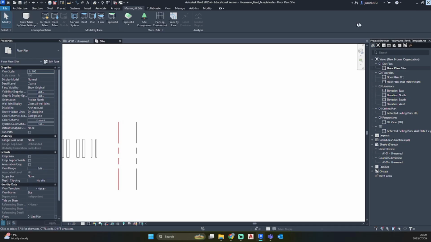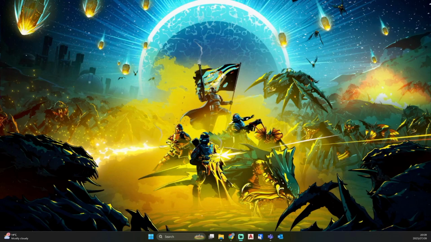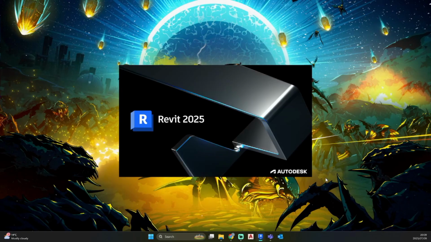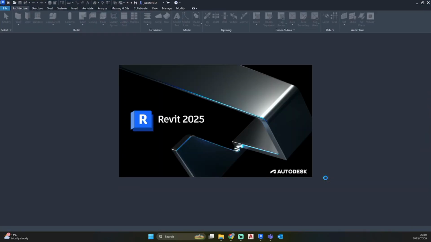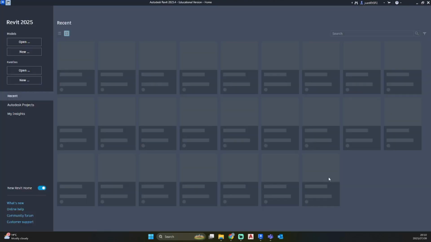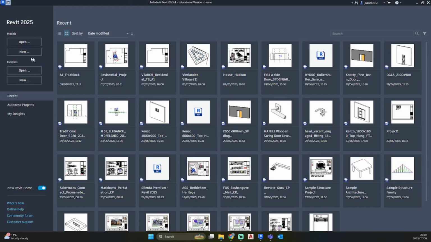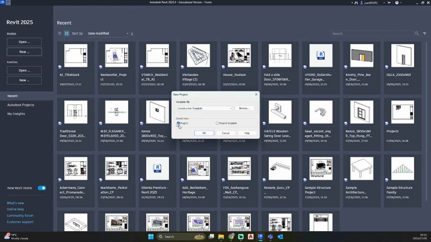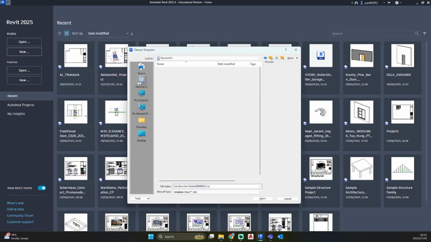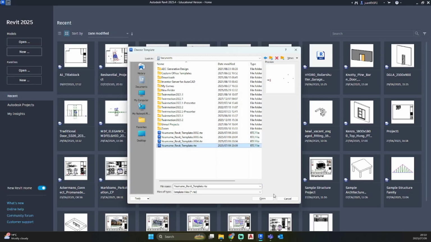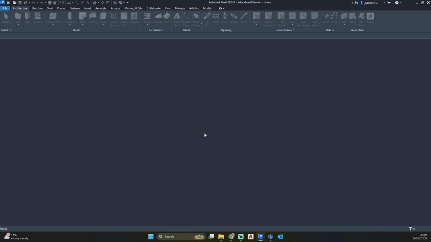I'm going to close Revit again just to show you, since we've changed our template file. I'm going to go new, make sure it's on project, click on browse, go and find your template, open, OK.